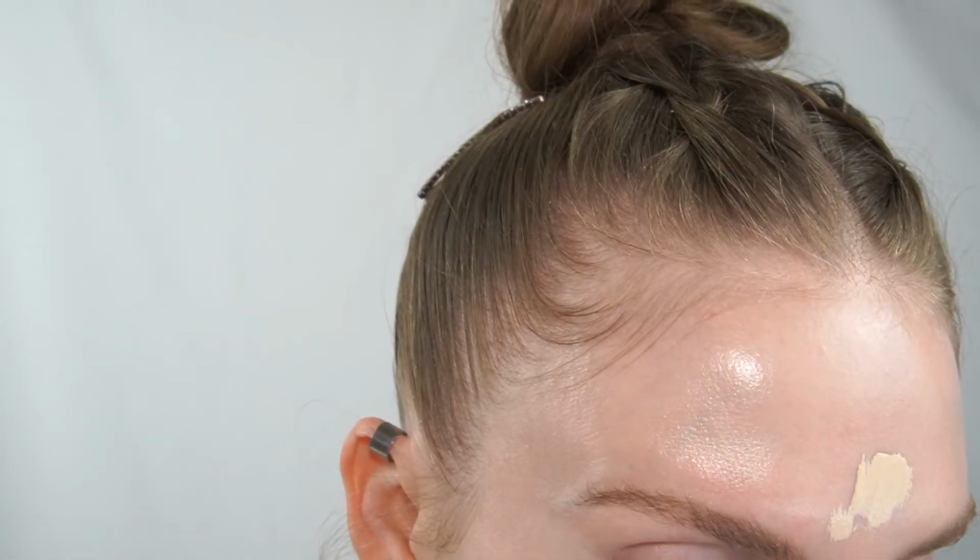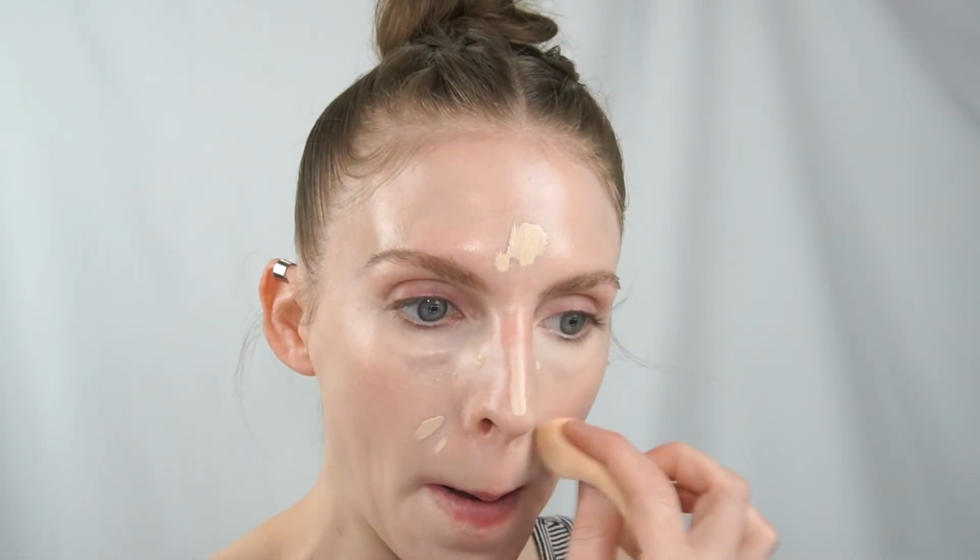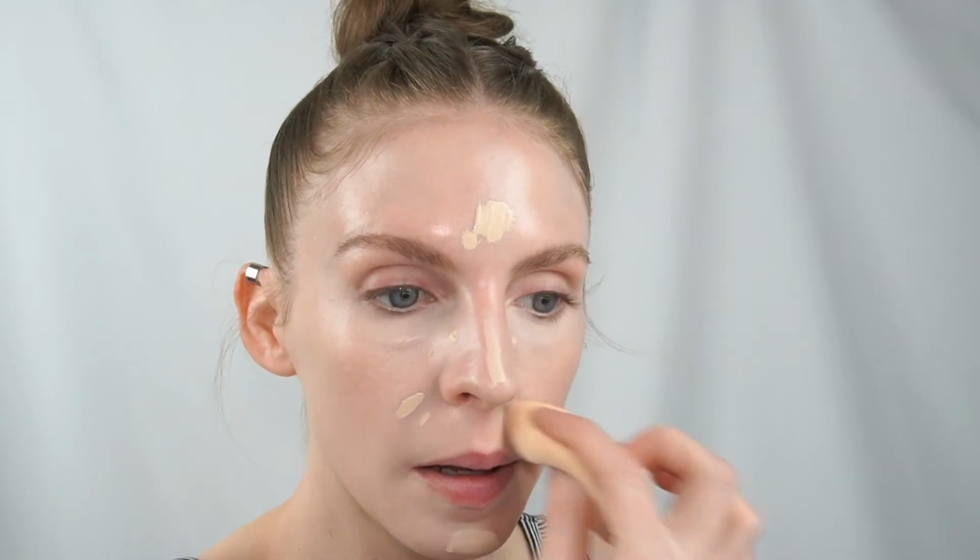Don't you hate when you can feel a hair on your face, but yet you can't see it? Like, where is this hair? I know it's there, but I can't see